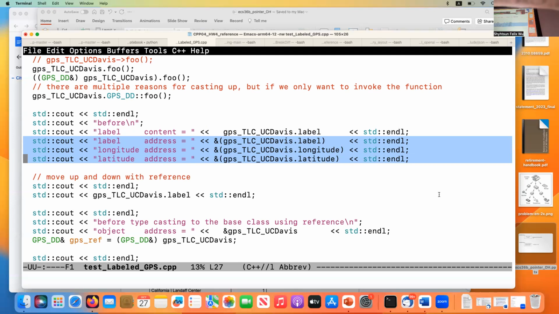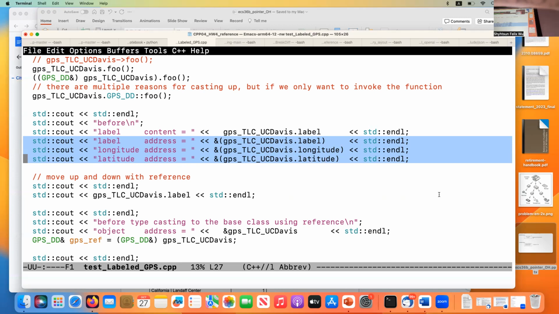If you think about the object label GPS, it's really 3 attributes: latitude, longitude, and a label. How do I know where they are? I basically try to print their addresses. By the way, this is so powerful. The first thing you should ask is, are these 3 attributes put together in a compact format, or are they separate somewhere in my memory?